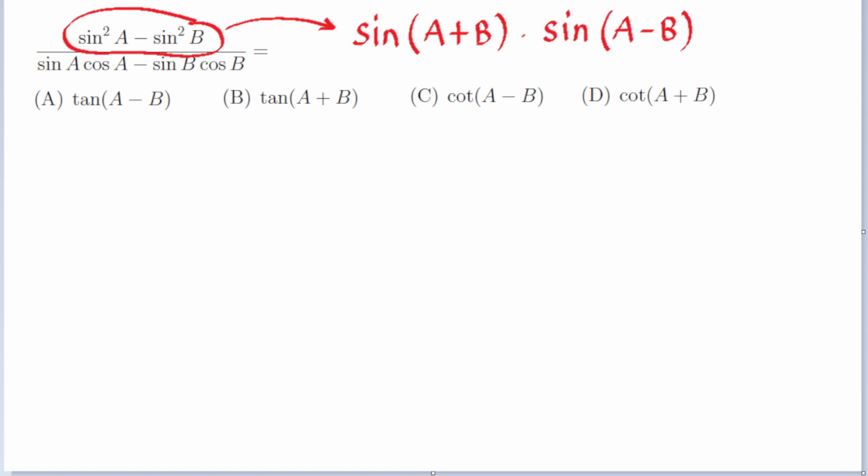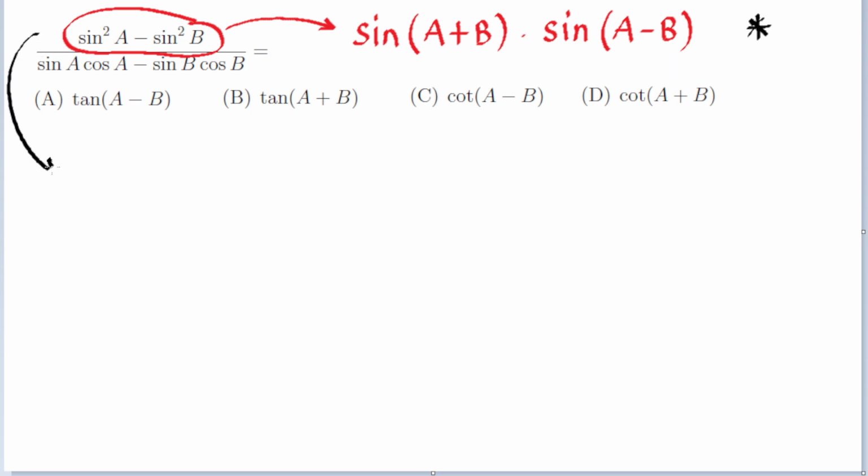Okay, so we have to take this formula for granted. That means only when we know this formula we can solve this question very quickly. Alright, I am giving the link to the proof of this particular formula below in the description box. So if you want to see where this formula comes from, then you can view that video. And of course the proof does involve all the known identities, so it's not difficult, it's just that we have to remember this result. Alright, so let's move on.